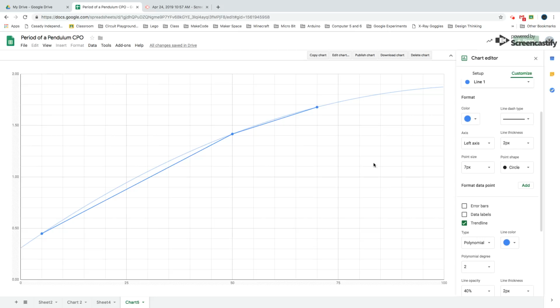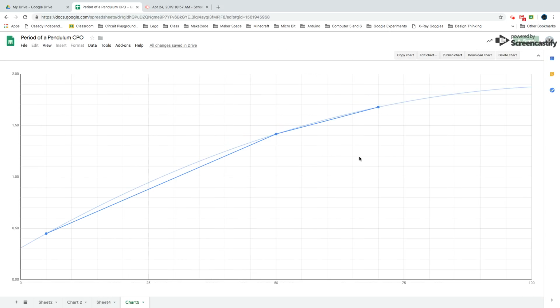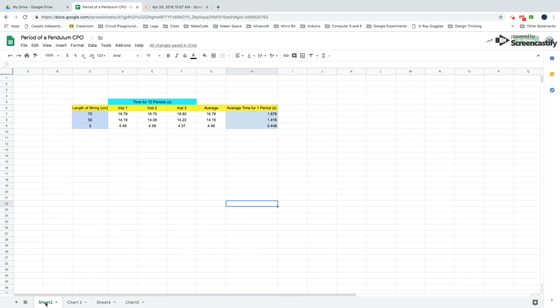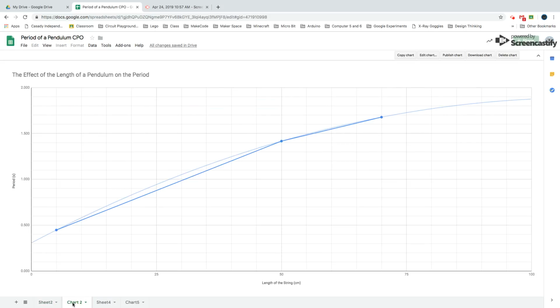And then once you're finished with that, you should be able to have a completed chart. So you can get rid of that, and then you can go back, and when you look at them, you'll have your nice data table, and then the nice